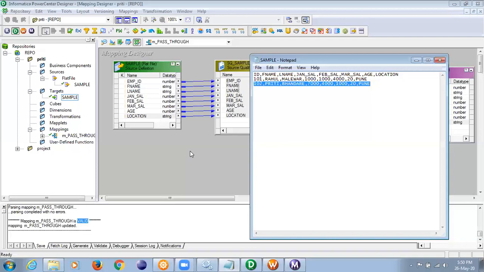Question number 1 is clear? Question number 2. Please hear properly. I want you to give me the sum of salary for both the employees for Jan month. What is the difference in both the questions? In the first question, we have to do row-wise transformation. And in the second one, because you want the total salary of both, you have to do a column-wise transformation. Very good. Preeti, did you understand? Yes.